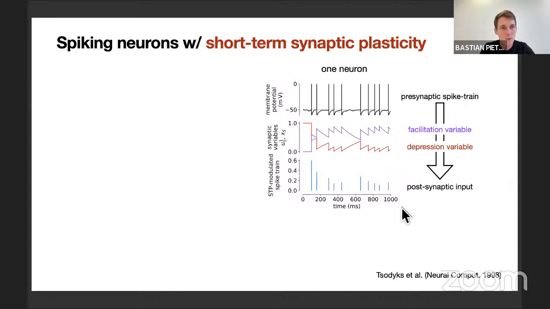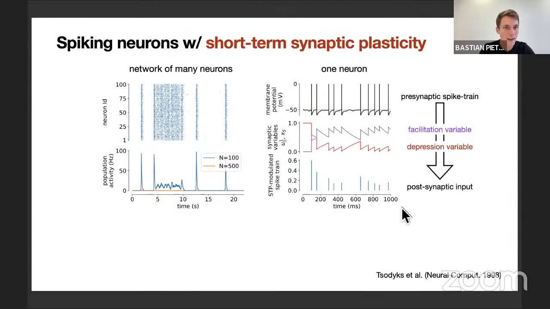Let's have a look at what happens if we simulate a full network of those neurons. So here we have 100 neurons. There's no fluctuation. They are all coupled. The only thing that's in there is this short-term synaptic plasticity. And we see that there are different states visible in this network. For instance here, all of these neurons spike together. So this is a population spike. Then there's a period of silence in between, and again some other neural activity. So every dot in here means this is one spike of that neuron.